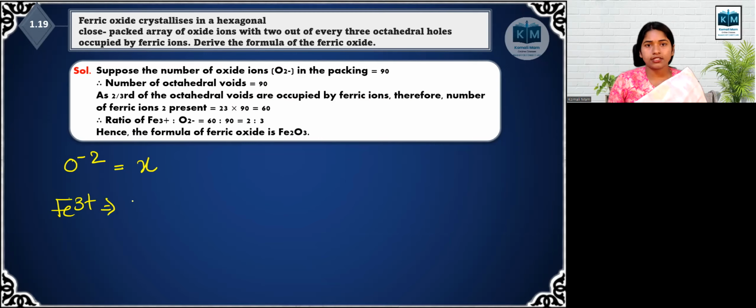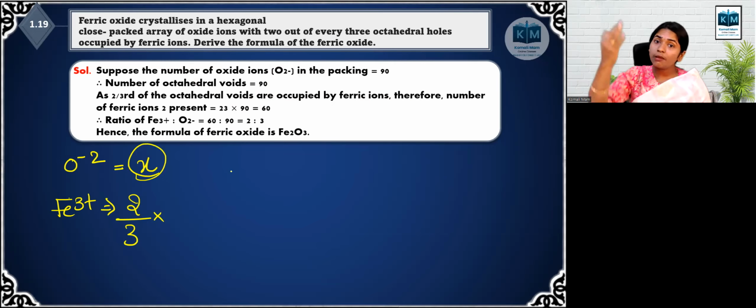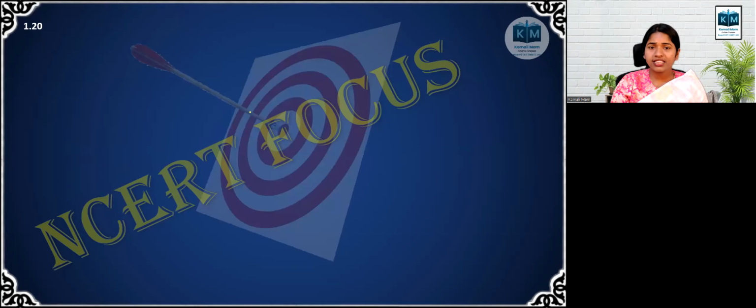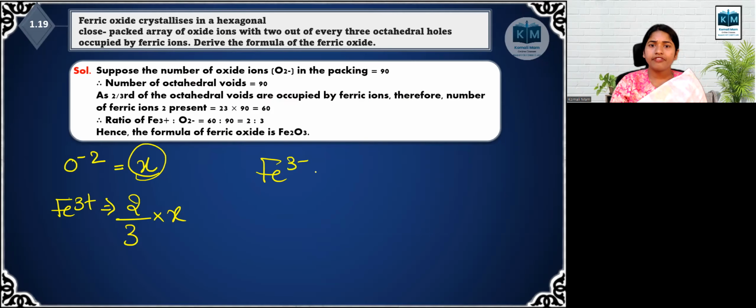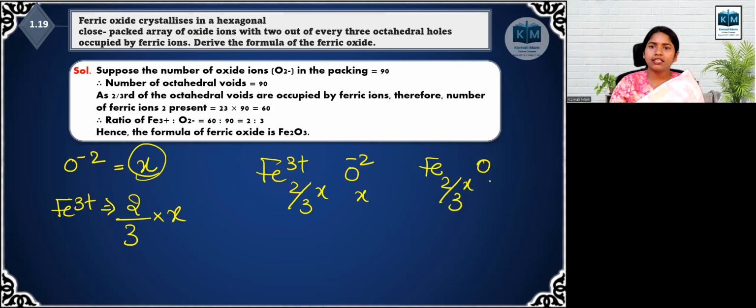2/3 of octahedral voids. So 2 out of every 3 octahedral voids. See, the number of atoms is X, so octahedral voids will be the same, X. Then the Fe3+ ions will be 2/3 X and O2- will be X. Simply put, writing the ions without charges: 2/3 X and X. The X's cancel, if we move it this side,